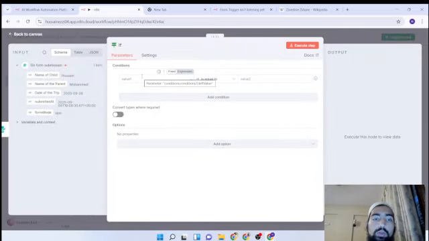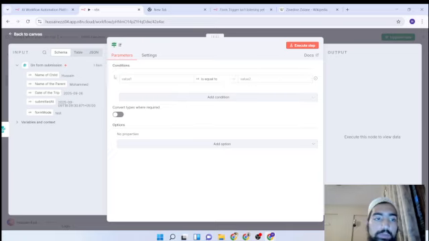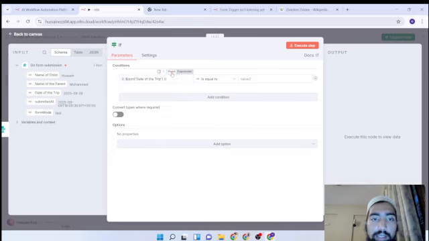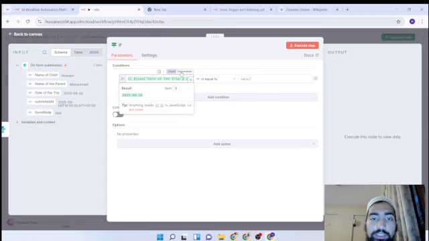Okay, so when we open up the If node, we are prompted with value 1, the operator, and value 2. The value at stake for us here is the date of the trip. We can drag it here and paste it here. So this is the fixed one and this is the expression one. The expression one is